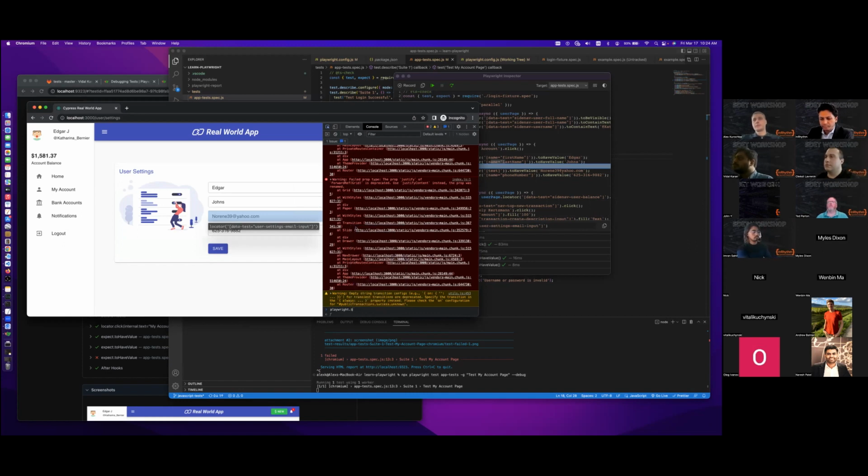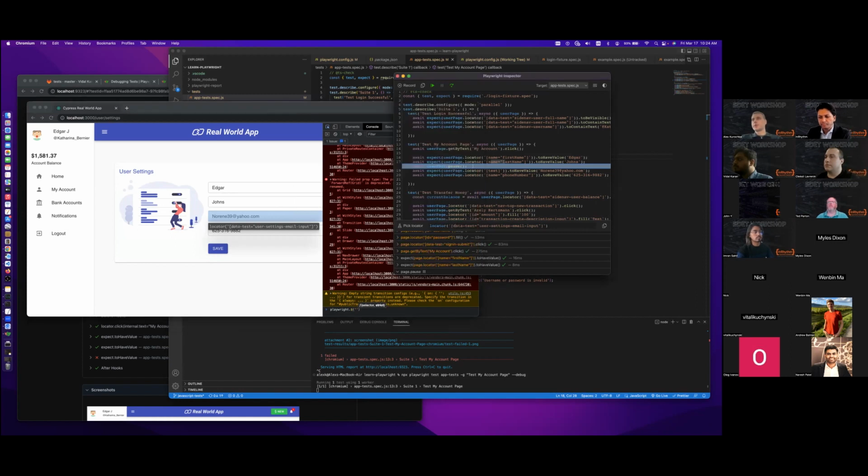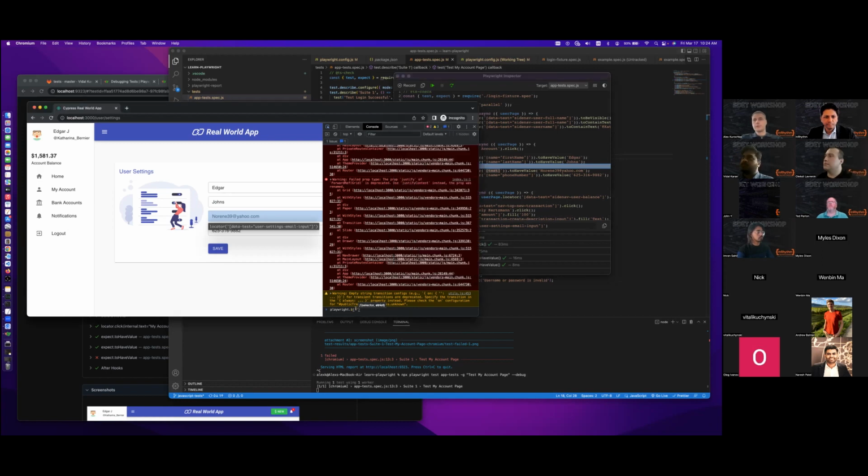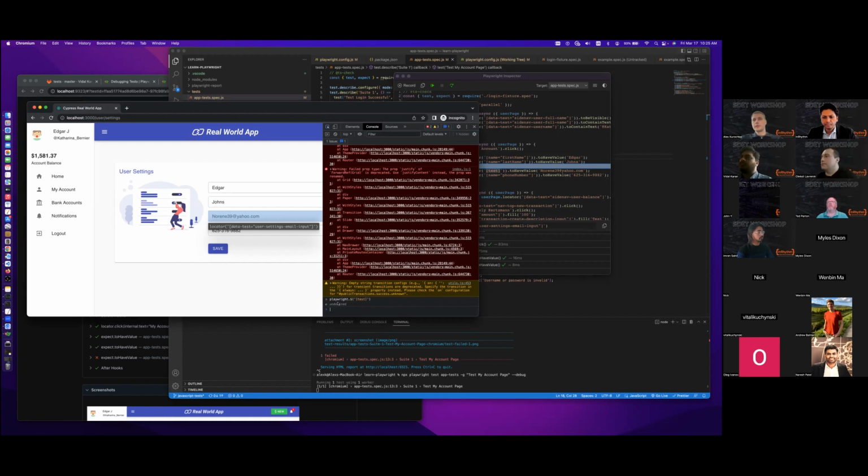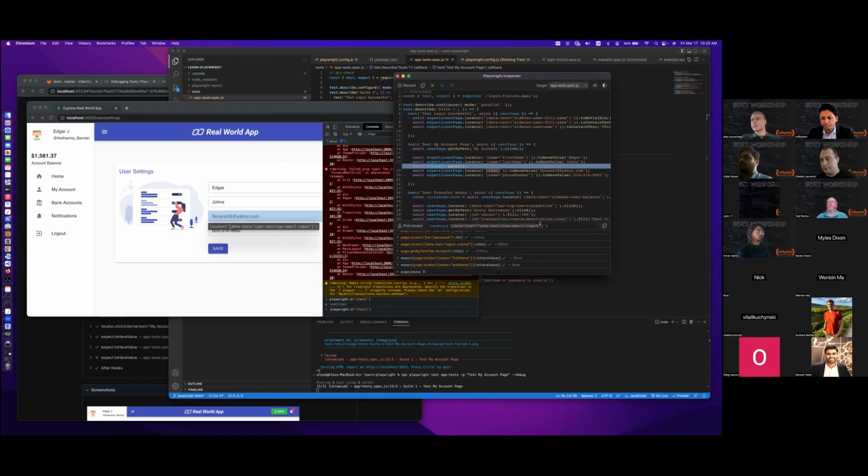So let me show you first, with $1, let's say we want to test, okay, why is this one not working, is it really broken? Let's say I copy it from here to here, then I click, okay, undefined, so it means it doesn't find it. And then let's say Playwright suggests this one.